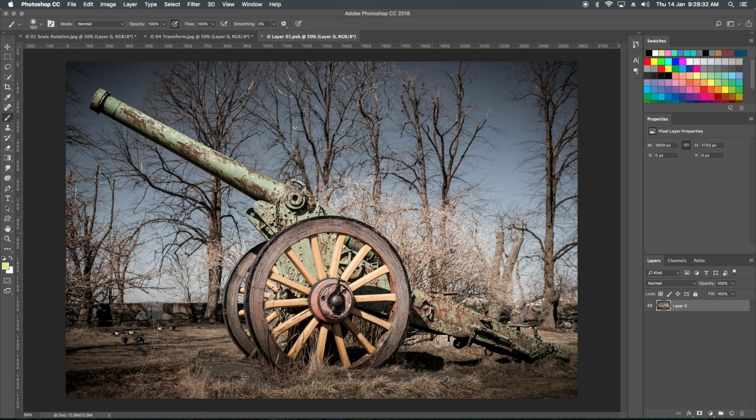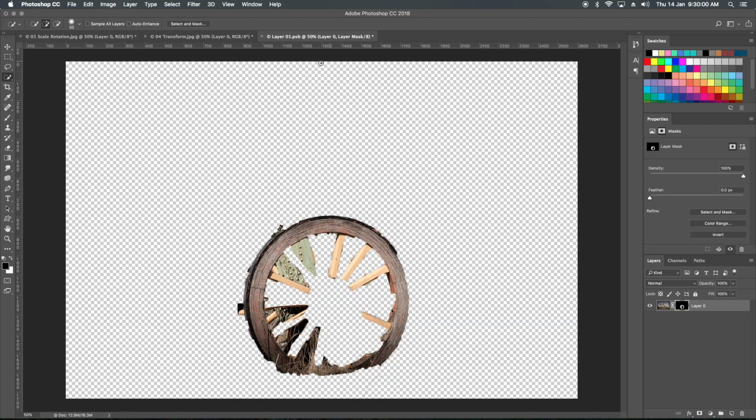Let's say I double click this one. Quickly, I'll go to the selection tool, quick selection, and let's just do this at this point, just random.